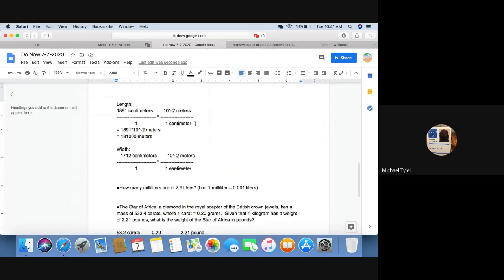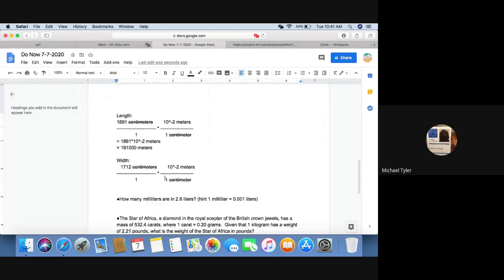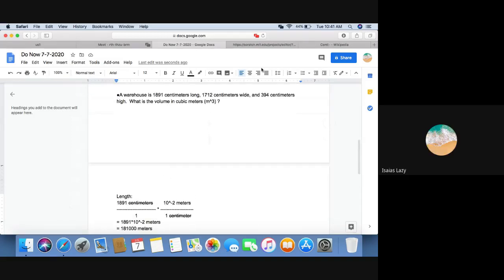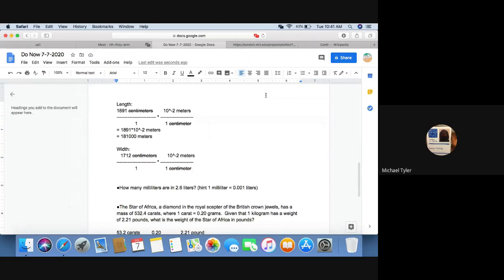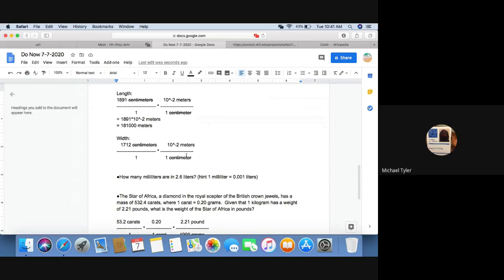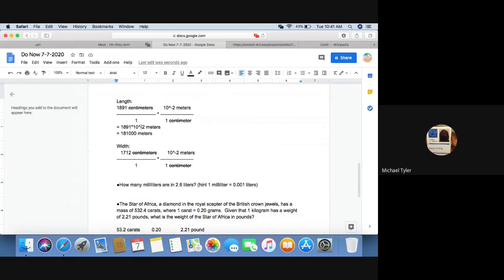So now you still calculate everything. Let's see if you remember how to do this. So why don't you just do this number right here, like I did earlier with the length, right? You canceled out centimeters. So all you got to do is multiply that number. So it's going to be, oh crap, I think I did the other one wrong. Hold on. You're supposed to multiply, not divide. Dang it. So all right, let me fix this.